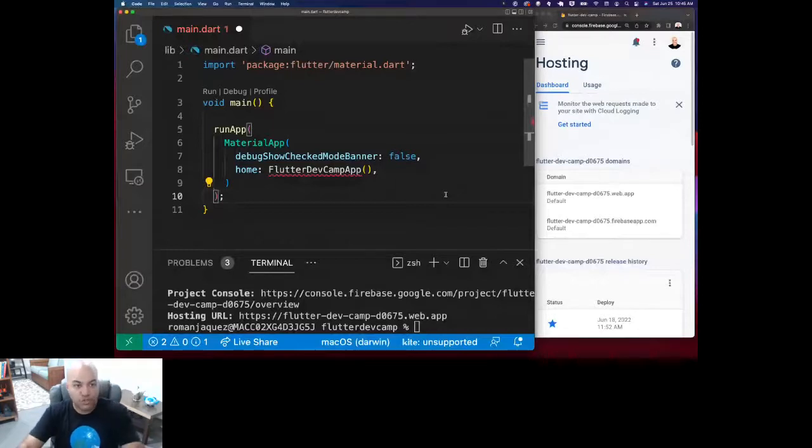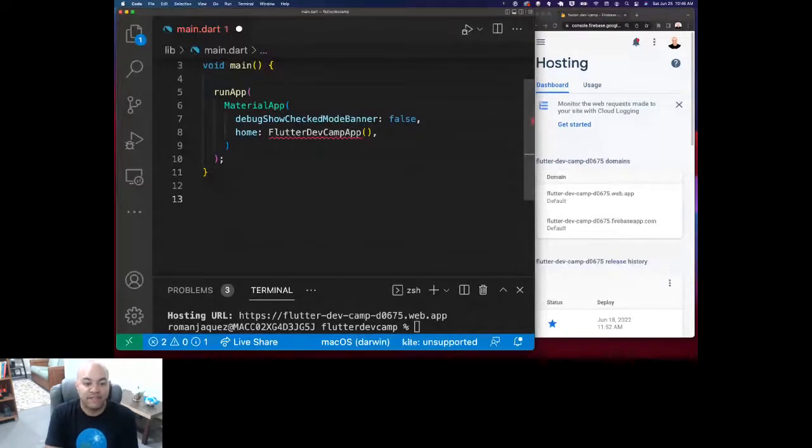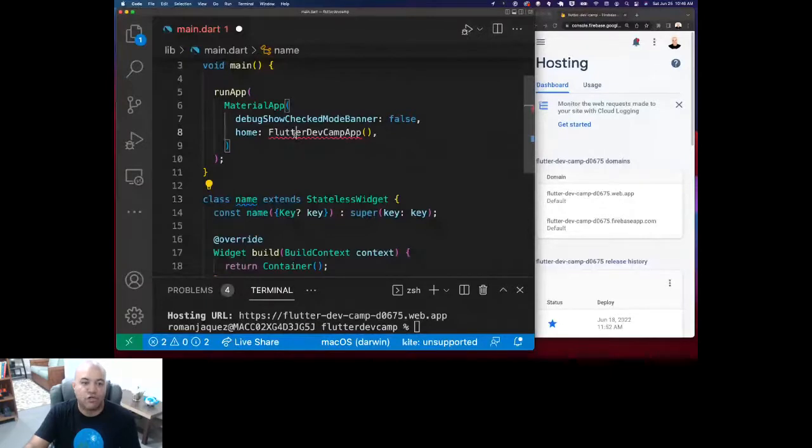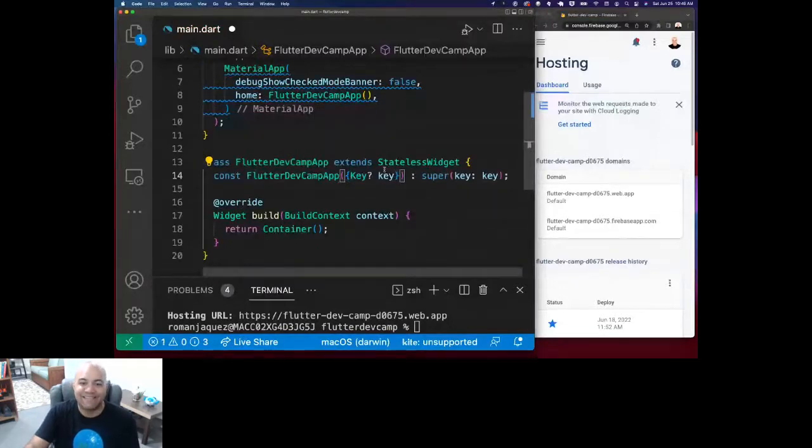Then, of course, you have to create this widget that doesn't exist. The way that you create widgets is either by extending stateful or stateless. So I do stateless. For example, I'm going to start with a stateless widget, and I'm going to call it Flutter Dev Camp app, just like that. You see? And then I extend a stateless widget because I'm not going to maintain state at the moment. I'm just going to be creating a static web app, single page application that is going to